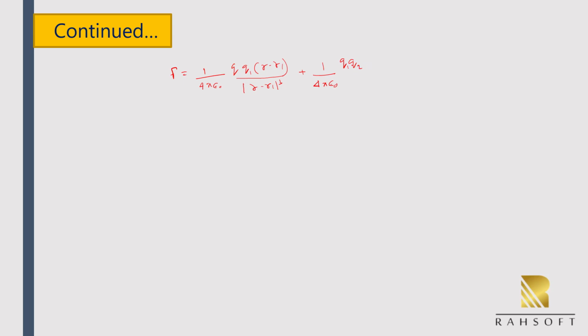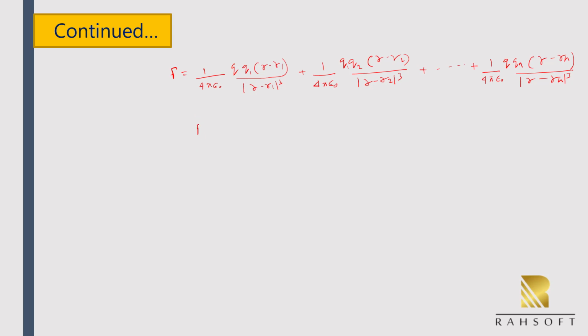Sorry, this is simply Q and Q2, (R minus R2) divided by modulus of R minus R2 cubed, and so on, 1 over 4 pi epsilon naught, test charge Q, Qn, (R minus Rn) divided by modulus of R minus Rn cubed,